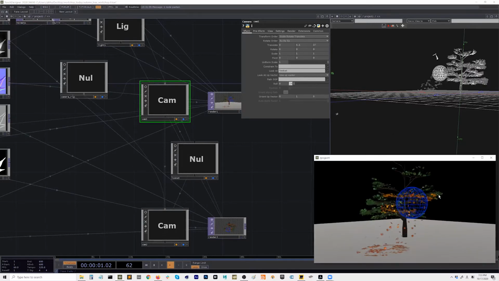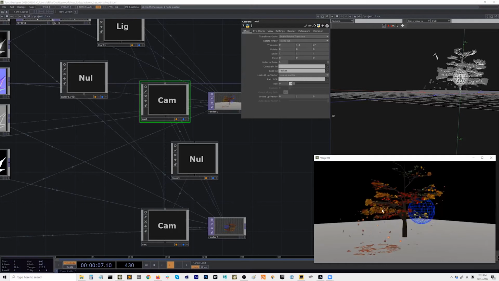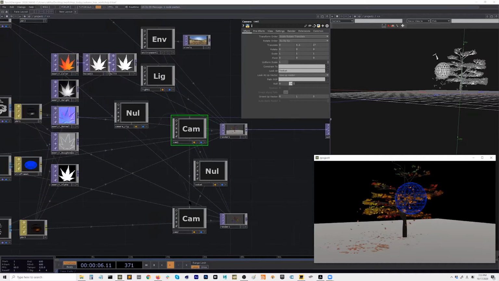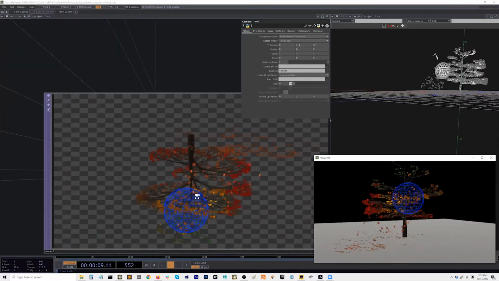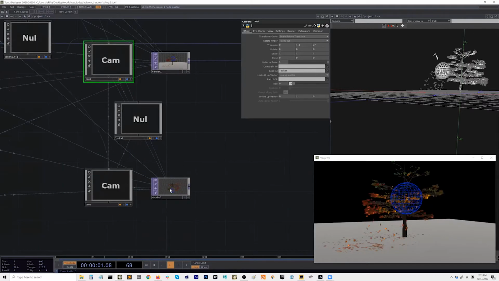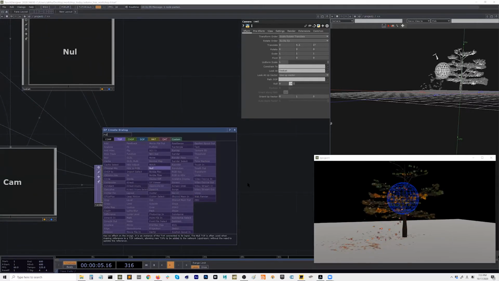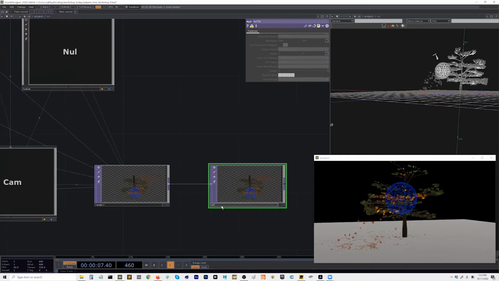And what's really cool now is that we are using Render Pick. So even though the camera is moving, you can still pick and move your metaball in the correct position you are selecting. All right, so that's pretty good. So this should be how the reflection looks. And go ahead and plug this one into a null. We call it reflection.